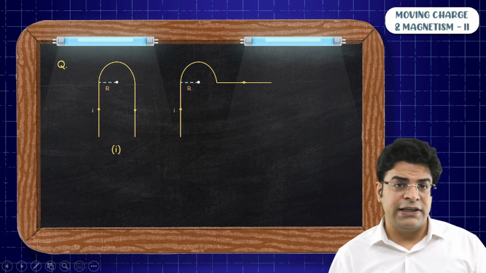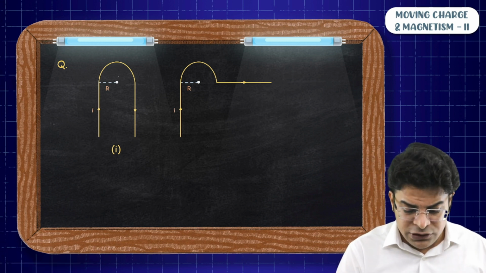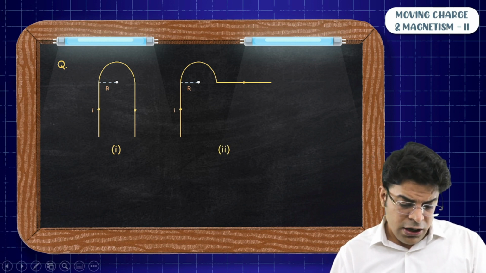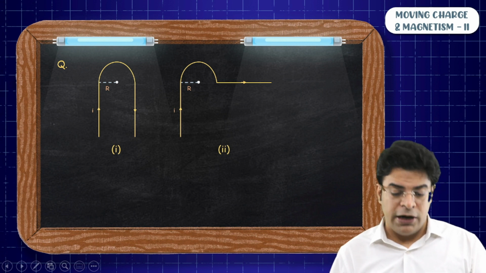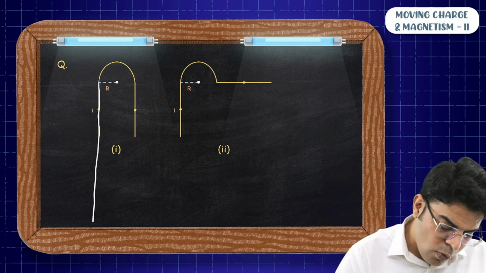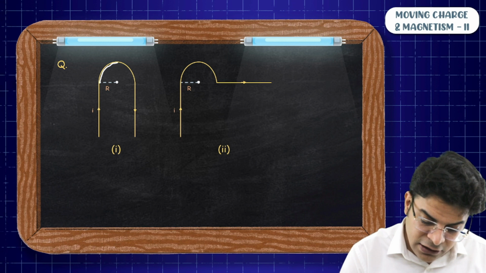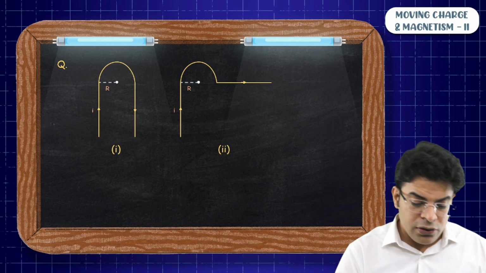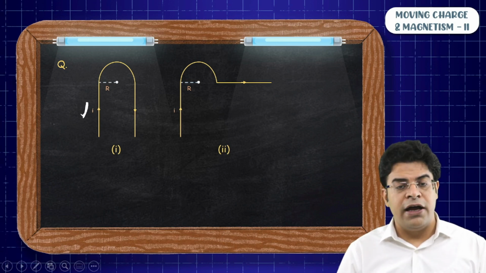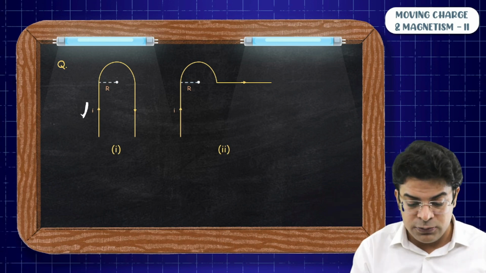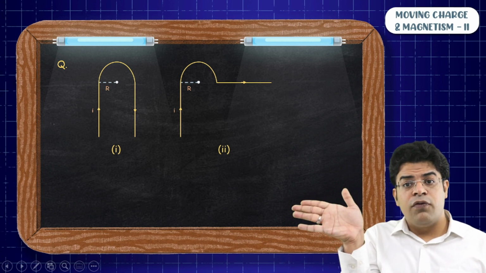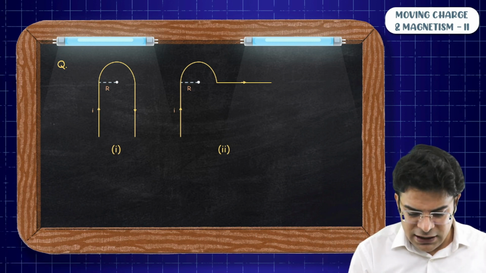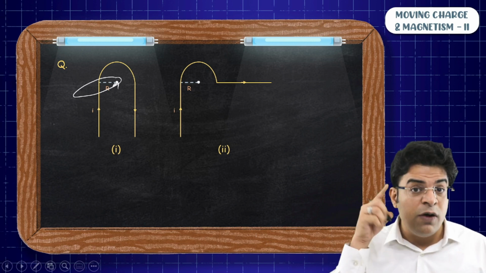So now, the first case. In the first case, you need to determine the strength of magnetic field at the center. You can break down this structure into three parts. The semi-infinitely long wire, the semicircular wire, and then again a semi-infinitely long wire. Due to this first semi-infinitely long wire, the direction of magnetic field at this point: align the fingers of right hand in the sense of current and then curl the fingers. When you curl the fingers, you will say that at this point the direction of magnetic field will be inward.